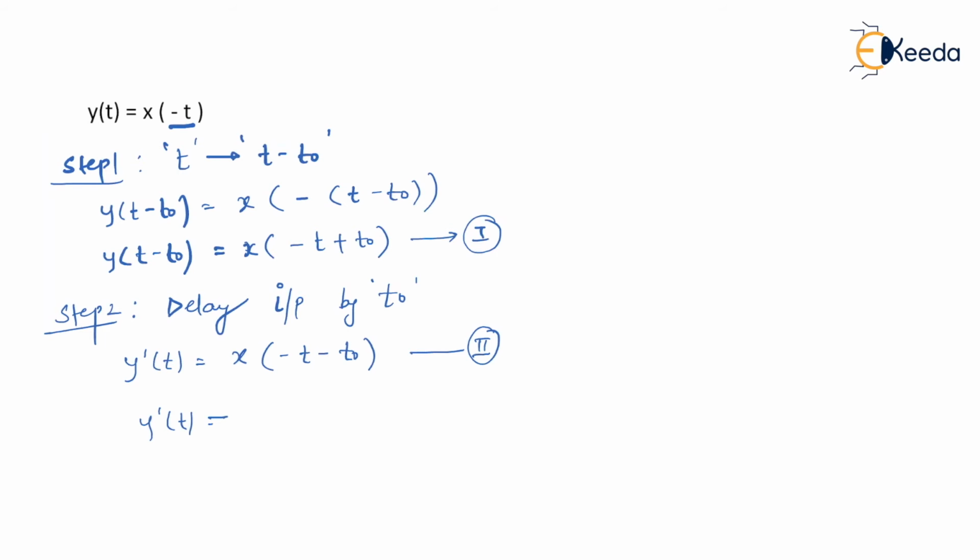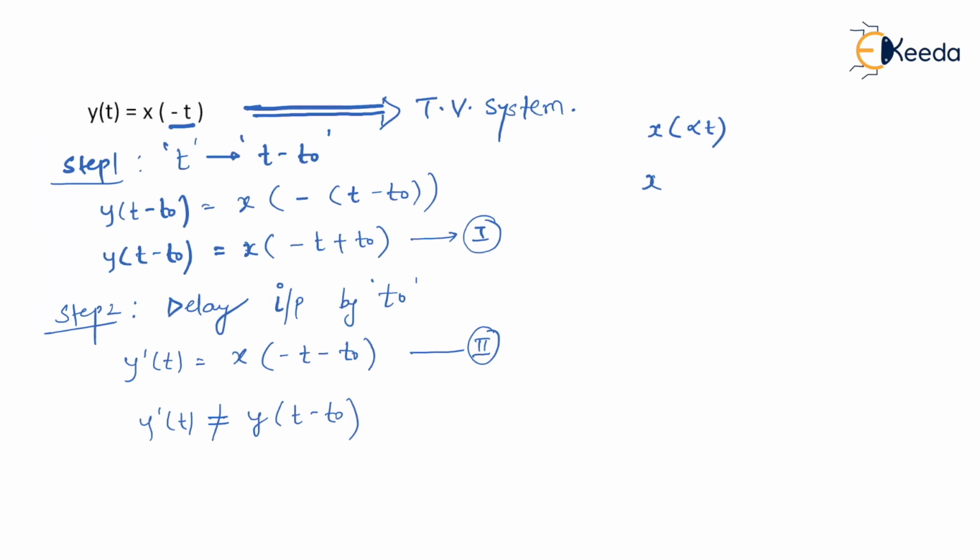Y dash of t is again not equal to y of t minus t naught, and it says that the given system is a time variant system. Y of t is equal to x of minus t, where x of minus t is what we called as a time reversal property. Am I right? In fact, a time reversal property is a special case of time scaling only, because for time scaling what we write is x of alpha t. Instead of x of alpha t, if I now substitute alpha equal to minus 1, it ultimately becomes x of minus t,